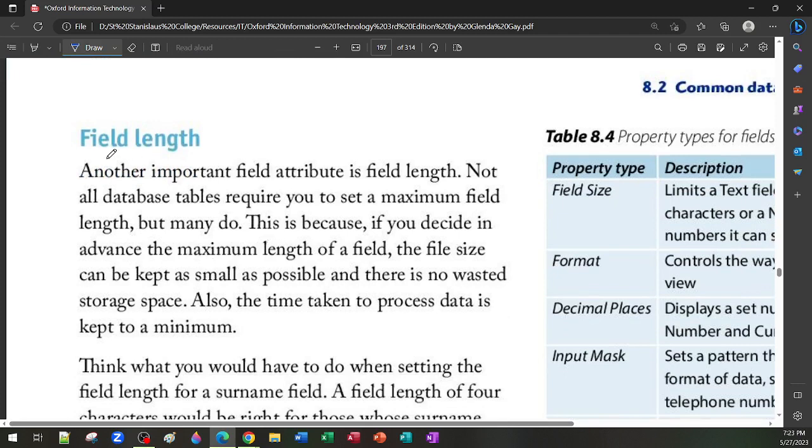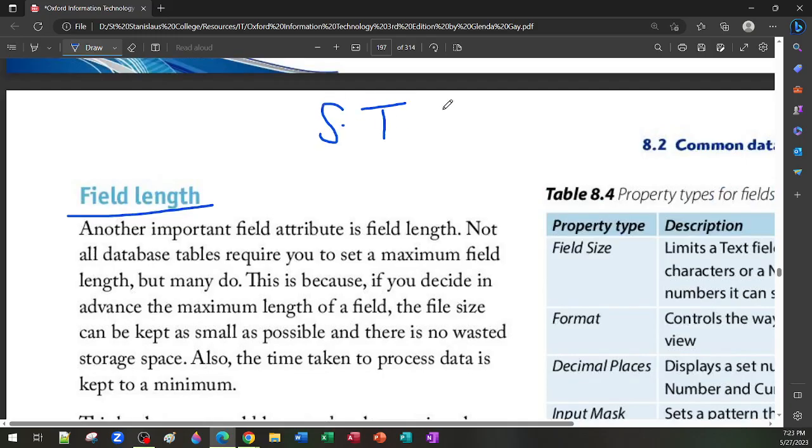Now for those fields, we can set what is called the field length. The field length is simply the maximum number of characters. So like we said, short text already has a maximum of 255, but we can further reduce it to 10 if we so want. Now why do we need to do that? What's the practical reason of doing that? The practical reason of doing that is because, say for example, this 255 characters takes up